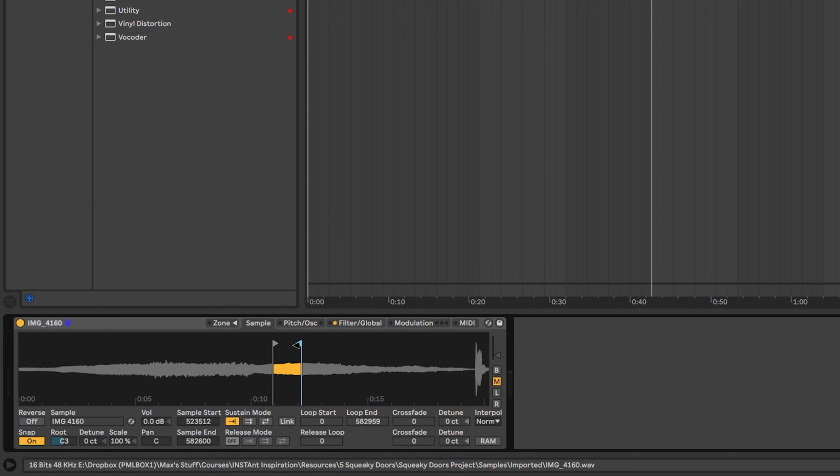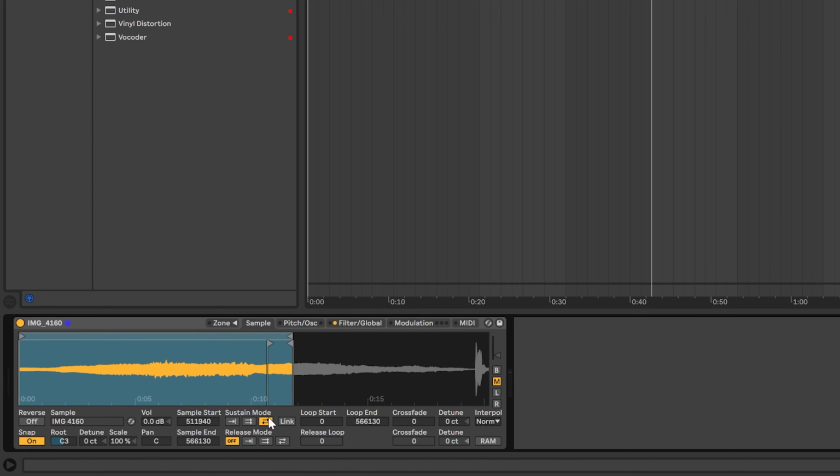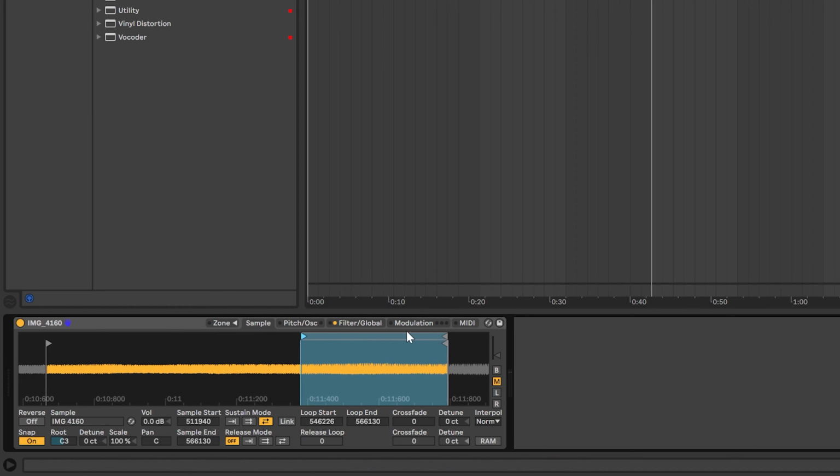So I took this part here, right, something like this. So it's pretty stable, but going up in pitch. And that makes it really nice. And then, of course, add a sustain mode, as we did pretty often. Go from here and increase the crossfade here.